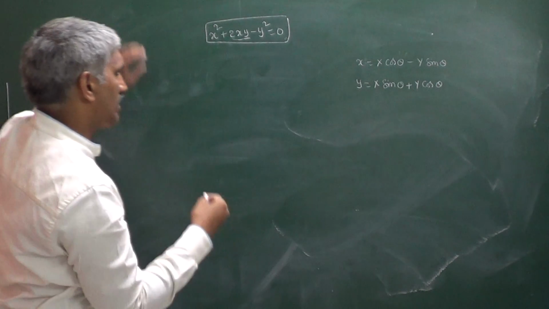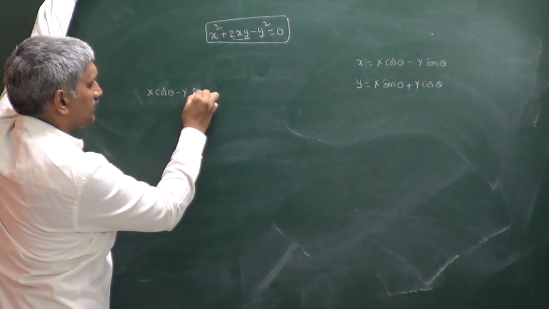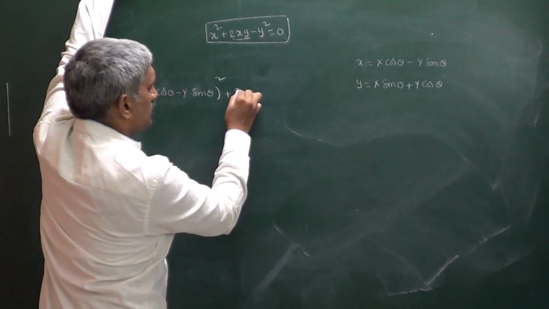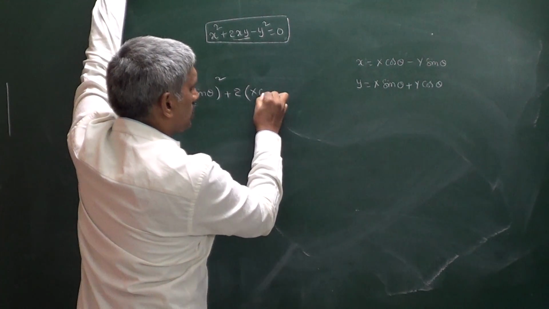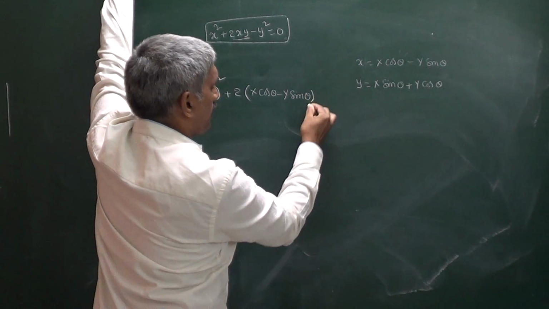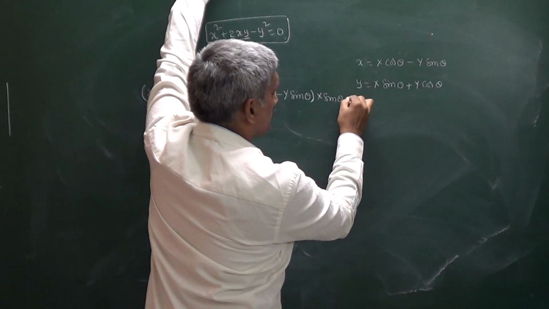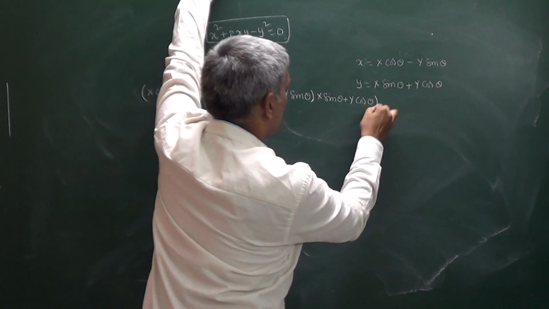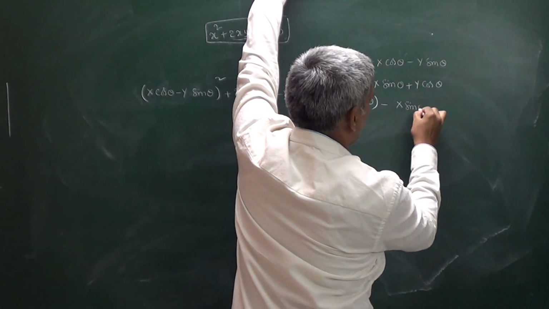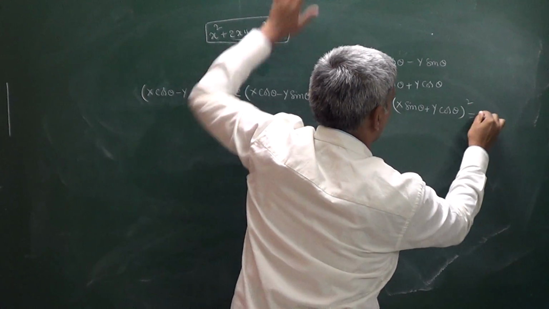Substitute here, then we will get (x cos theta minus y sin theta) whole square plus 2 into (x cos theta minus y sin theta) multiplied with (x sin theta plus y cos theta)